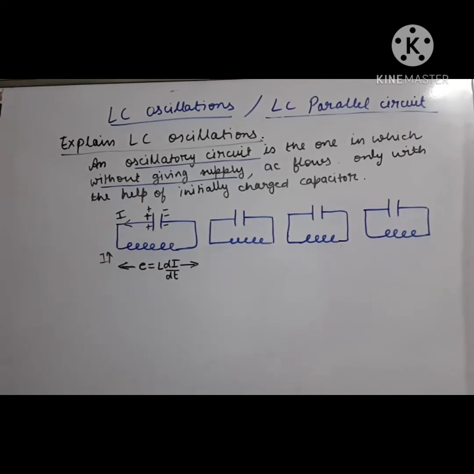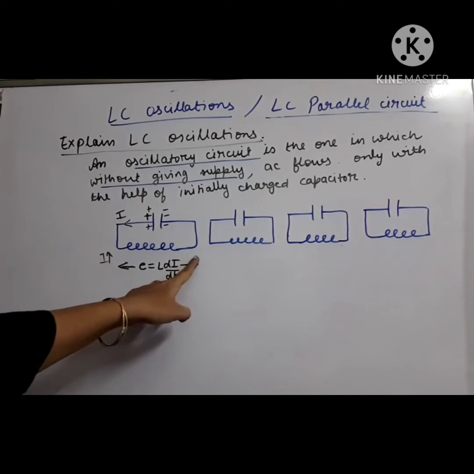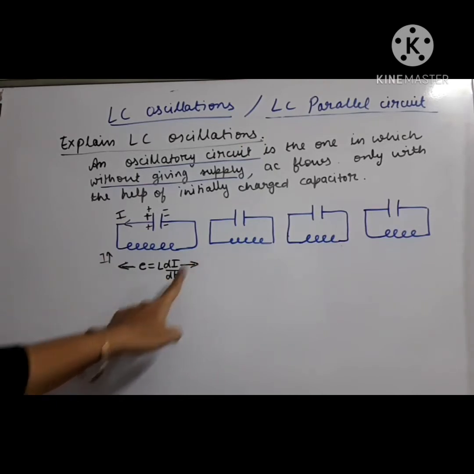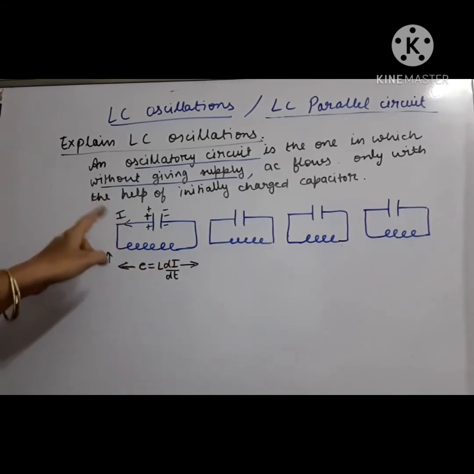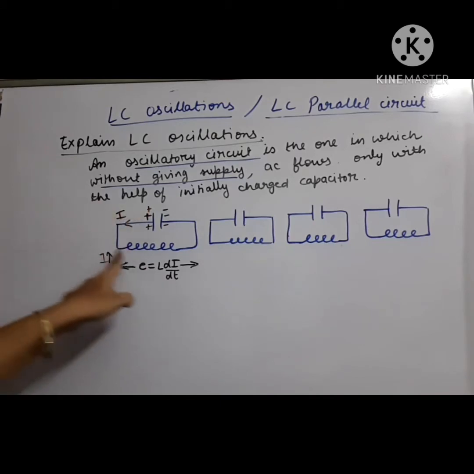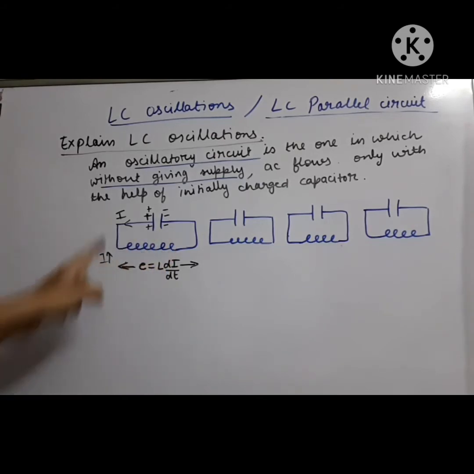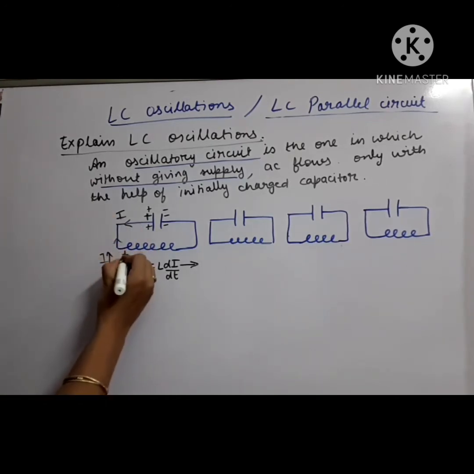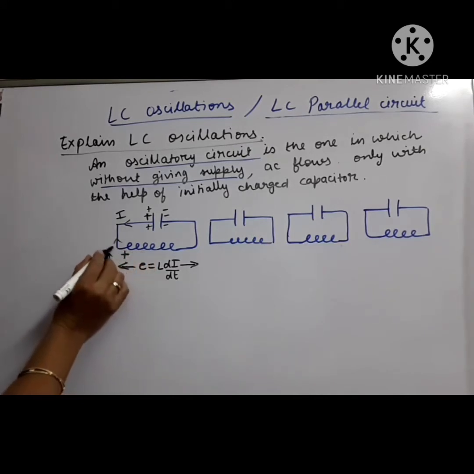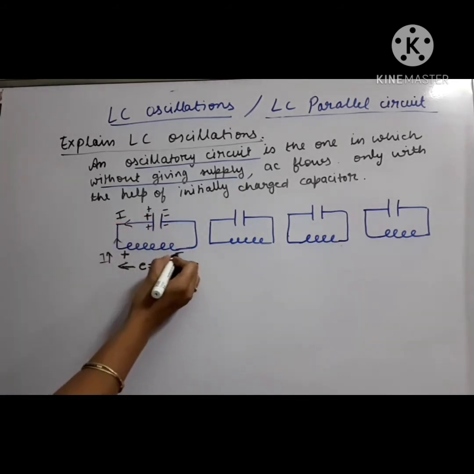Now how to find its polarity? By opposing the cause. Since increasing current has entered the coil, that's why the induced EMF has been produced. So this will try to decrease the current. That is possible by opposing the original current. Since the original current is flowing this way, the polarity of this voltage will be such that it will supply current in the opposite direction. So this end should be the positive end, because current always flows from the positive side. So now this is like a battery: the current flows from the positive side, and this is the negative side.